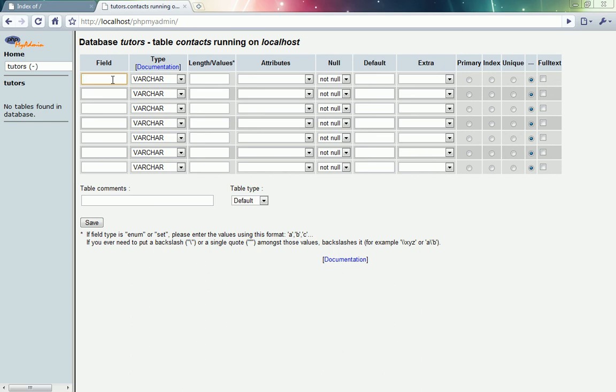Now we have our ID, which is by default the first. Then we can put in our other fields. We have the first name, email, GSM, and comments. Then we're going to include a date and time